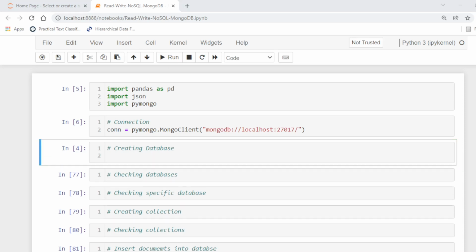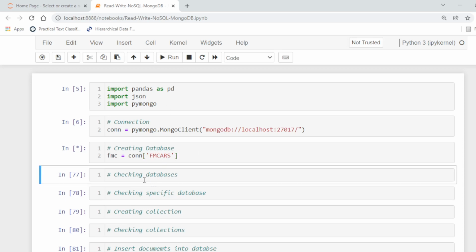Now to create the database, we can create the database by using the connection object. Here we are going to create a database fmcars, and fmc is the instance of the database.